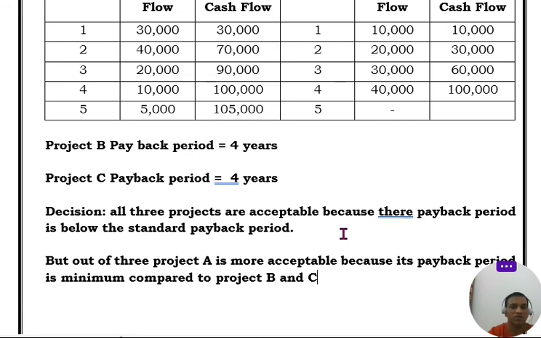And one more thing: the cash flows should be given directly. If the cash flows are not given directly, then you have to extract them. Maybe they give before depreciation and tax, or before depreciation after tax, so you have to check carefully. So this is about the payback period with a single project, 2 projects, 3 projects, cash flows uniform, non-uniform. I hope you understand, it is useful for you.